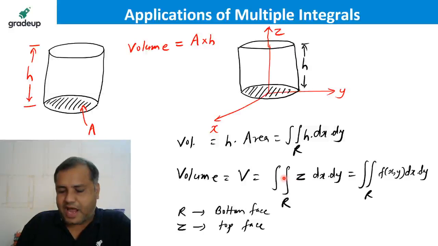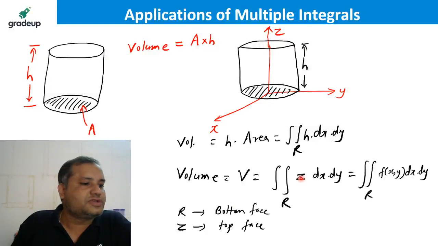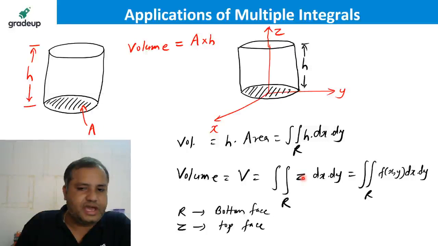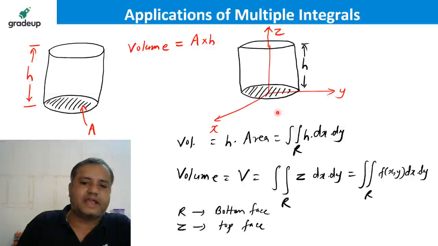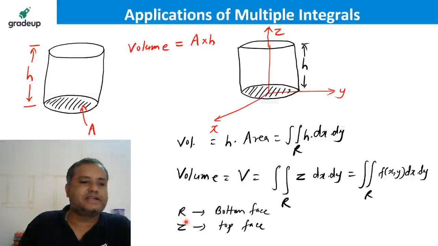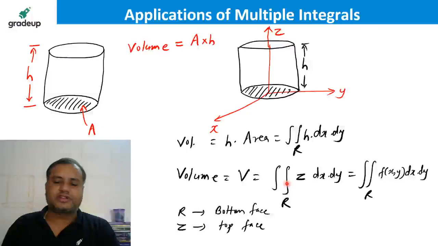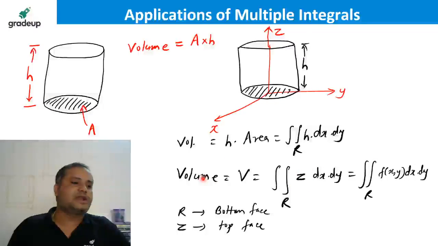Okay. So I already told you that this H will not always be constant. This H can be variable also. So when H is variable, that variable is represented by Z. So this Z represents the top face, R represents the bottom face, that is region R lying in the XY plane. From this region R, you will be able to calculate the limits of integration. Z will be mentioned in the question, so limits will be with you. Order you have to assume. Z will be given in the problem and you can calculate the volume.